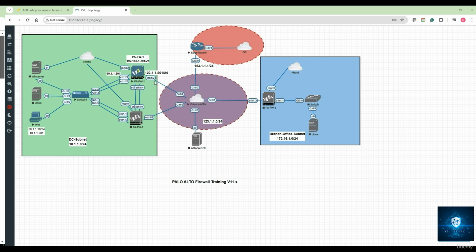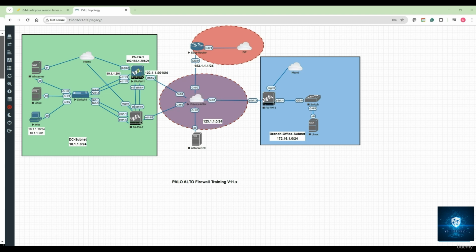And on the untrust network, which is running through Ethernet 1/2, the IP that I've chosen is a public network, right, and it is 123.1.1.201/24. Now you can see that I've got a setup where the outside or the untrusted zone is connected to a private WAN infrastructure kind of a setup, where let's say you have got an MPLS running, or might be a VPLS running, or some type of private network that you have onboarded, right, and over that you can